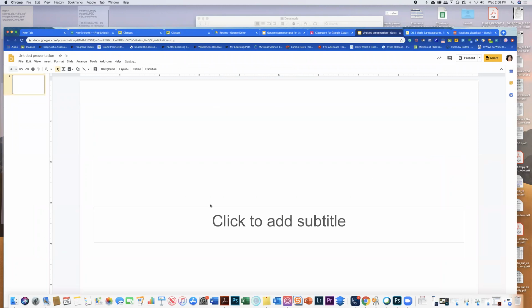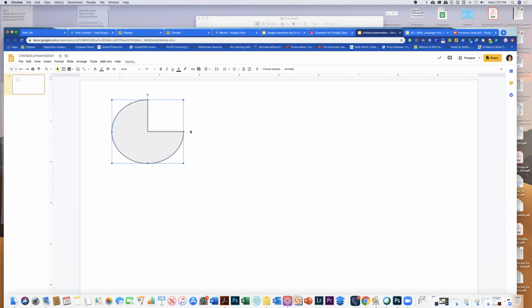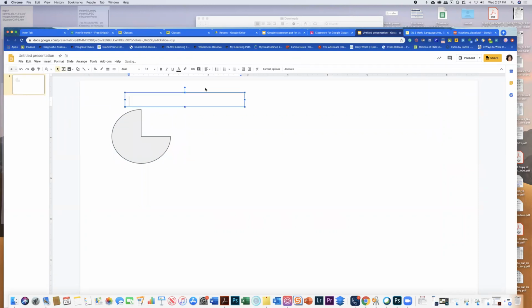And then you could already have something that you want to assign them to do, all right? You don't have to create it on the fly. You could have it done before, but just for the purposes of showing you guys, I'm going to go ahead and do this. All right, so I'm going to grab a little fraction here, and I'm going to insert a text box and